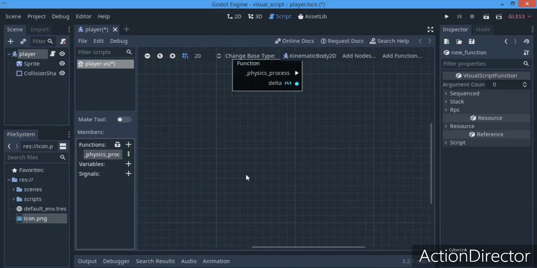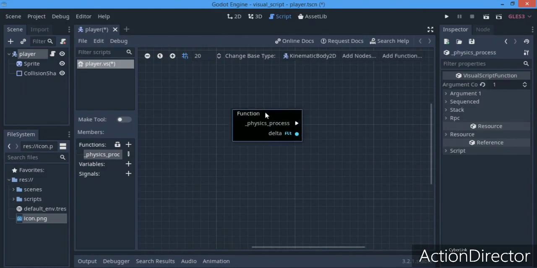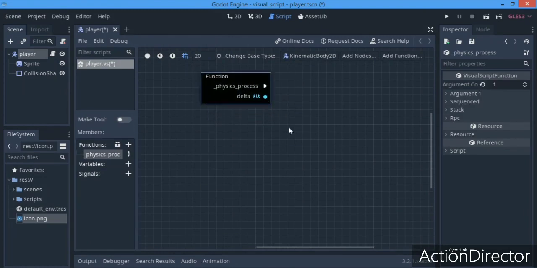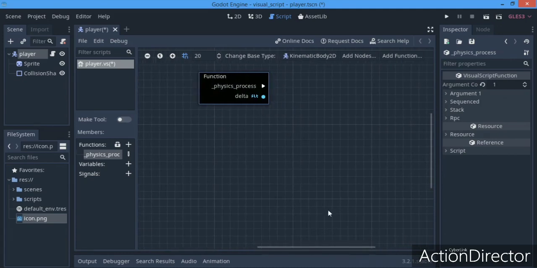If you watch the other video, you know what the physics process does, and I'm not going to be covering it in this video just to save time. So you're just going to go over to that video and check that out. So here the physics process, as most of you know, it runs things in the frame 60 times in a